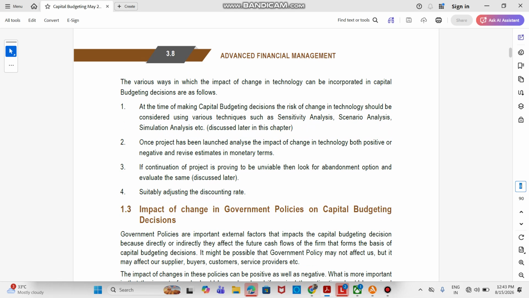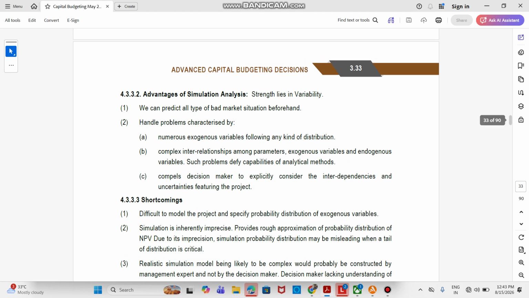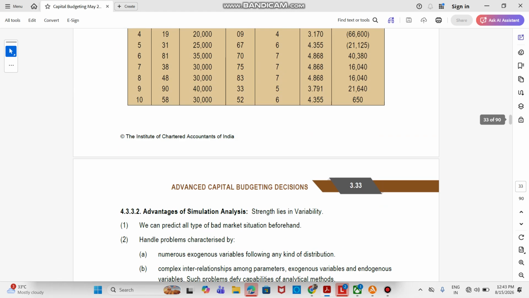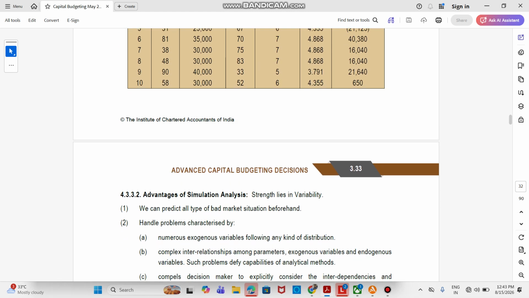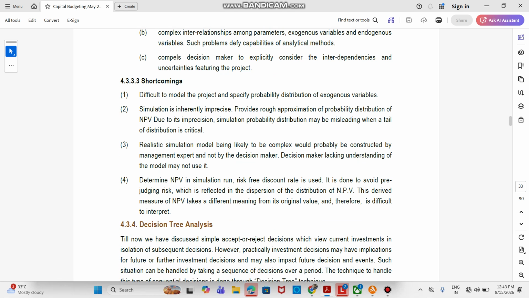Moving on to the next question. This is with regard to your simulation analysis. What are the various shortcomings in simulation analysis? It's one of the very important questions which was asked in your RTPs quite recently. The first one is, in this case, it's difficult to model the project and specify the probability distribution